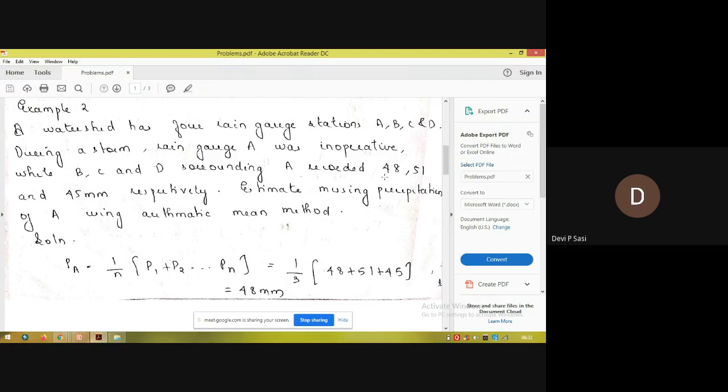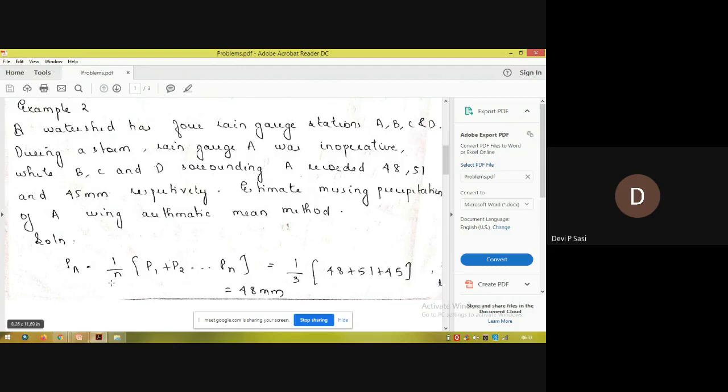Now the precipitation recorded are 48, 51 and 45 mm in B, C and D. So PB is equal to 48 mm, PC is equal to 51 mm and PD is equal to 45 mm. So how can we find the missing precipitation using the arithmetic mean method? A is the inoperative station, so Px becomes PA. PA is equal to 1 by n into P1 plus P2 plus P3 up to Pn,